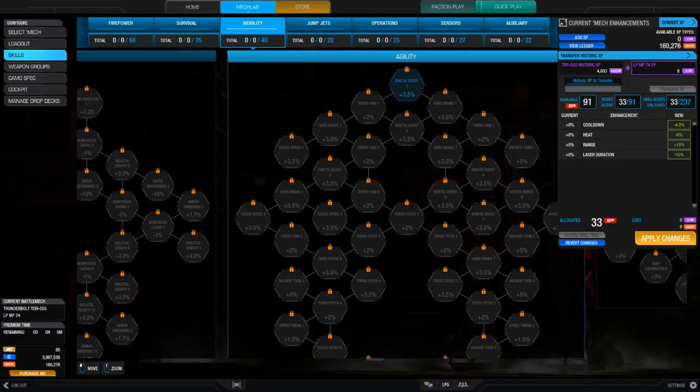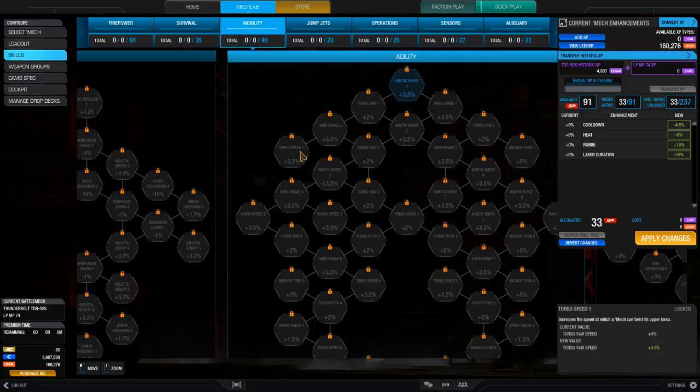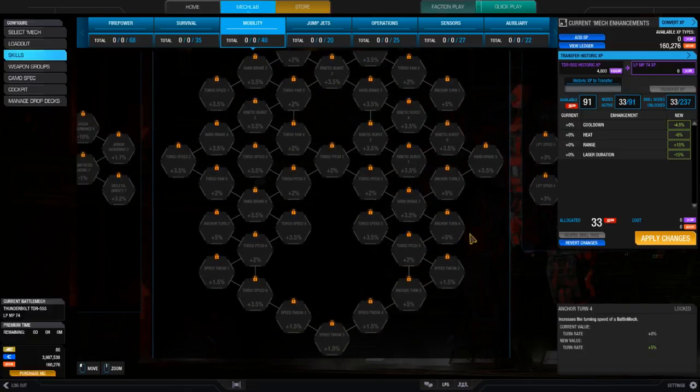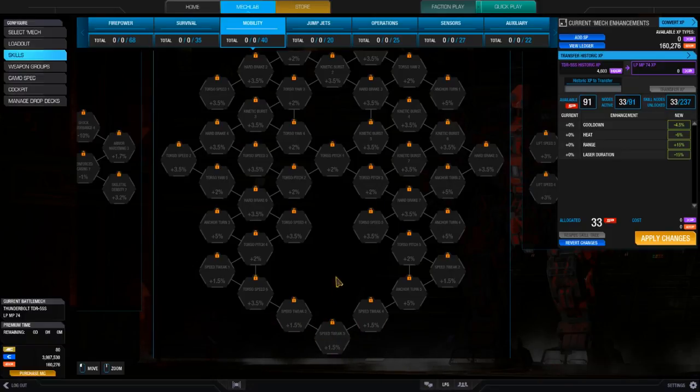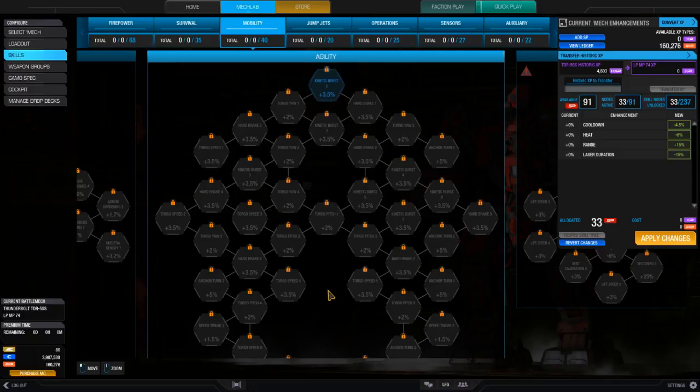Now, a lot of people remember Speed Tweak, Torso Twist, all those kinds of things. Now you have this tree that you have Torso Speed, Kinetic Burst, Speed Tweak. Now, Speed Tweaks are usually down on the bottom now, so you don't really need that for heavy mechs. So, if I look at...